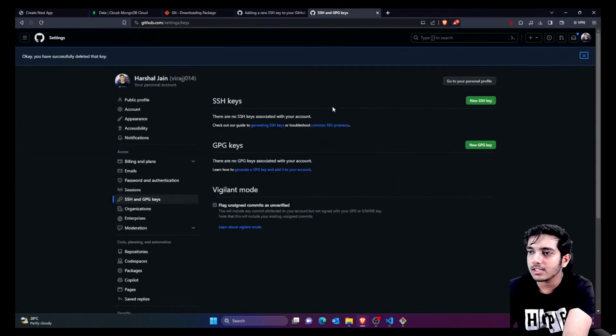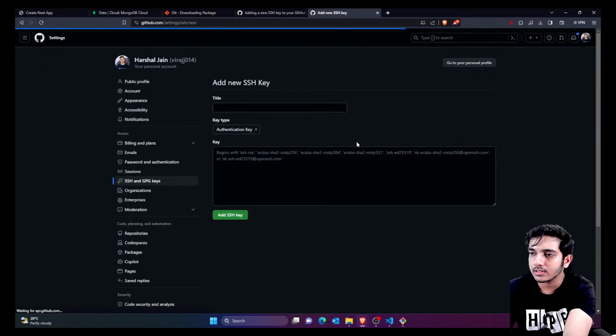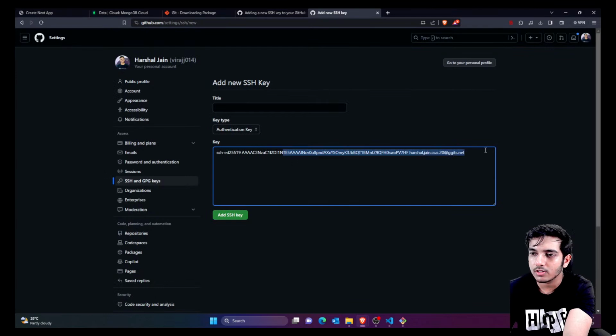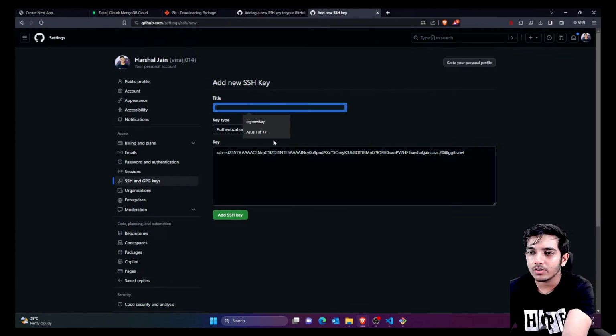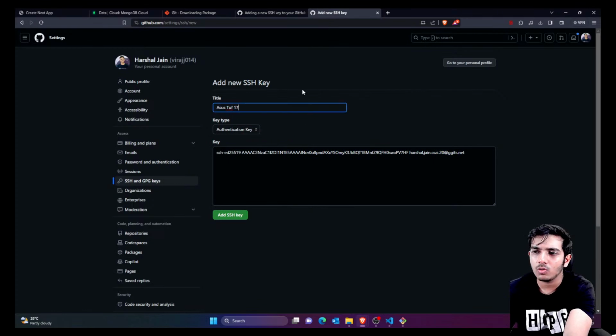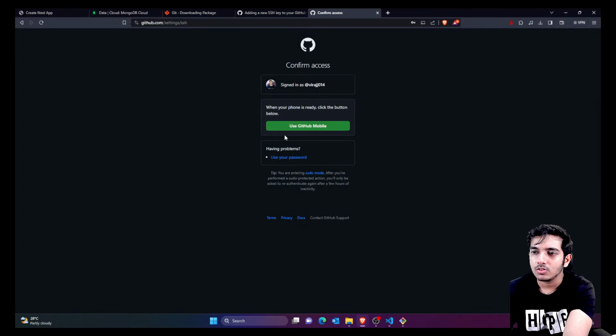Now since my SSH key is copied, I would simply go here, new SSH key, and simply paste the key. You can see automatically my key would be copied from the terminal, and you have to paste it here. I'll just type my laptop name so that I know that this laptop has this key. Now if I click add new SSH key, you just need to,